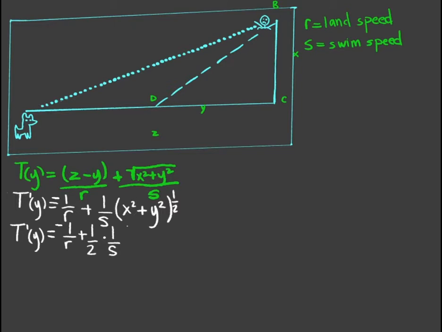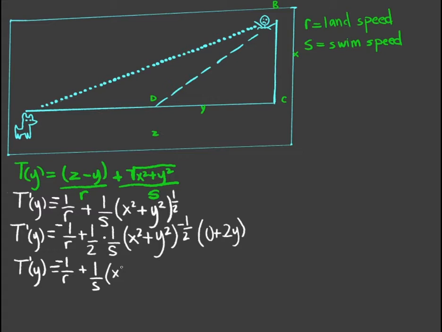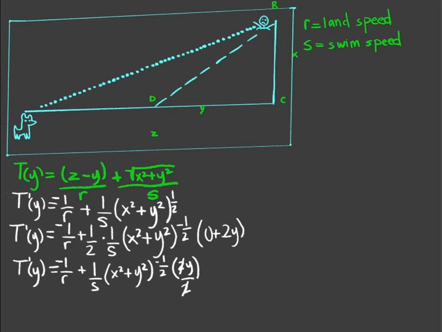We now need the product rule. We bring down the 1/2 and subtract 1 from the power, then multiply that phrase by the derivative of x squared plus y squared, which is 0 plus 2y, because x is also a constant for us. We've finished our derivative and now we must reorganize. The 2 of the 2y cancels the 1/2, and our final derivative looks like this. T prime of y equals negative 1 over r plus y divided by s times the square root of x